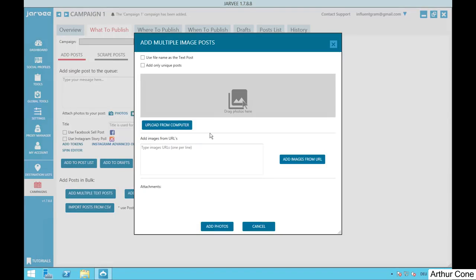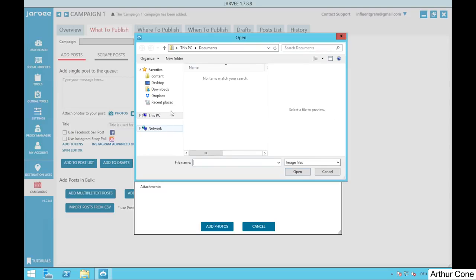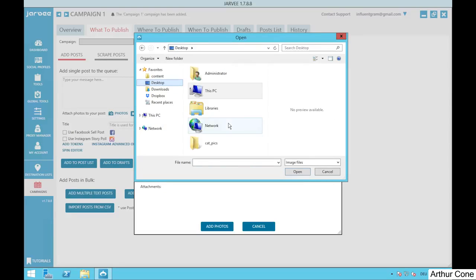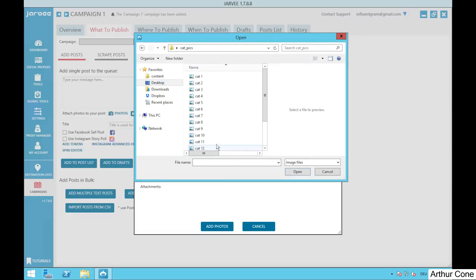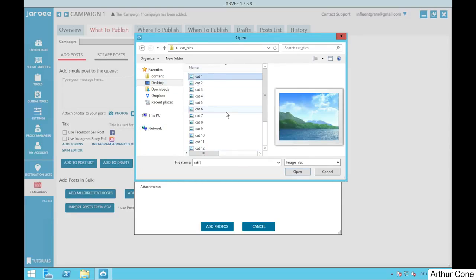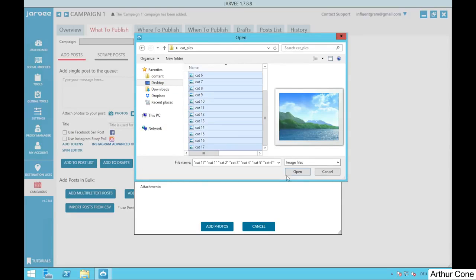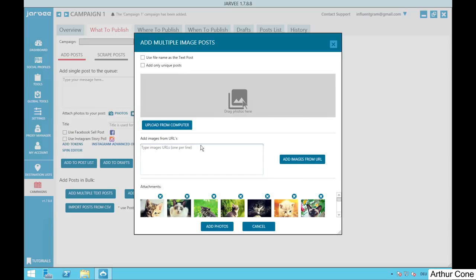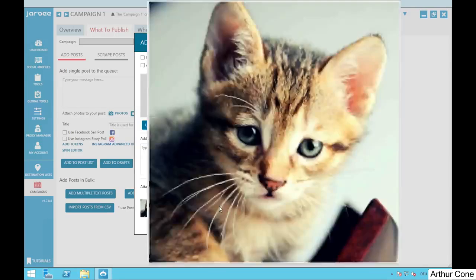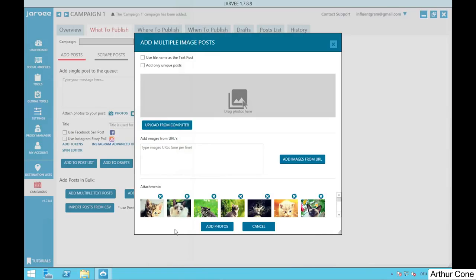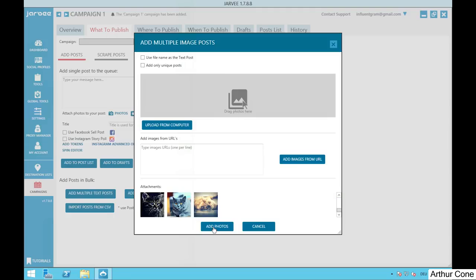Now I will upload them from my computer. I have them on my desktop right now, so I click on upload from computer. Then I go to the desktop, and I have my cat pics folder here. I'm just going to select all 17 photos and click on open. Then you will see a preview down here, and if it's the right photos, I will click on add